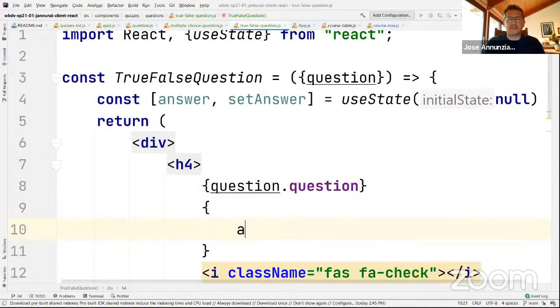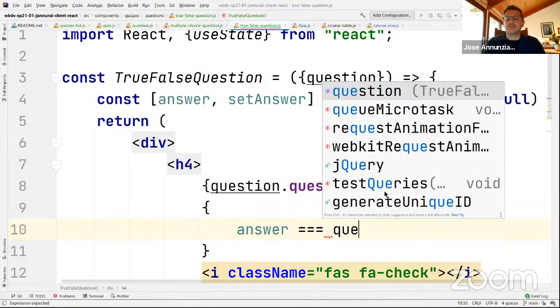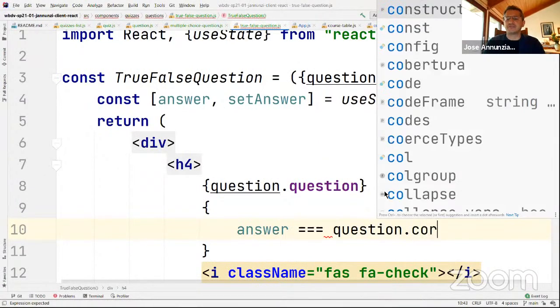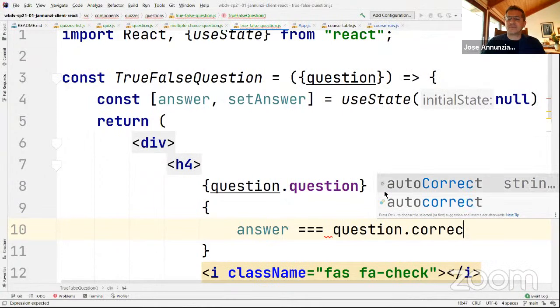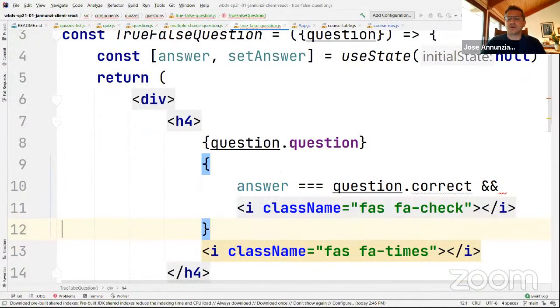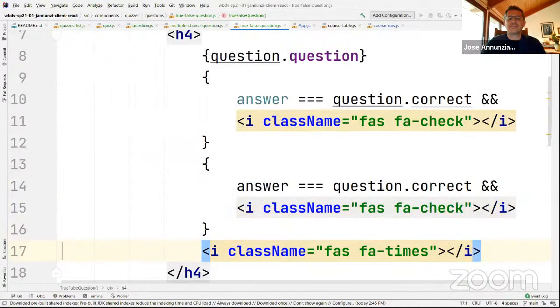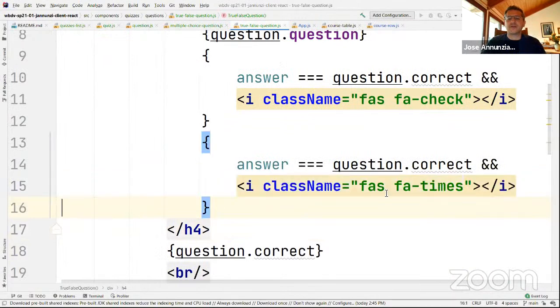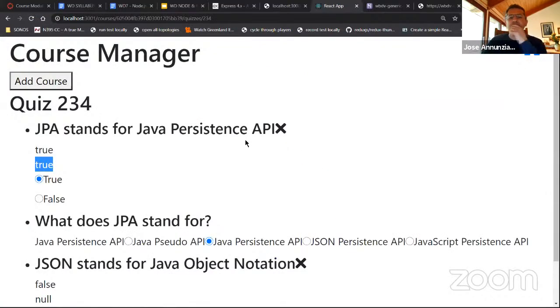So for instance, we're going to display the checkbox if the answer is equal to the correct answer, to the question dot correct answer. If it is, then we show the checkbox. Otherwise, if your answer is not equal to the correct answer, we show the X. So notice that